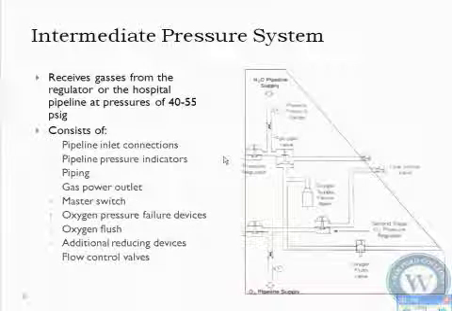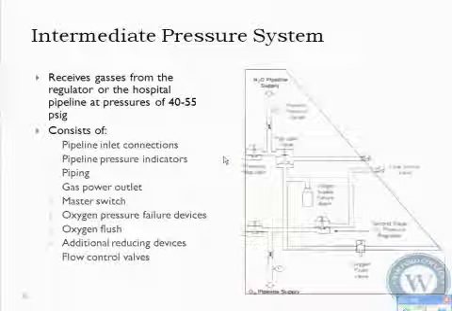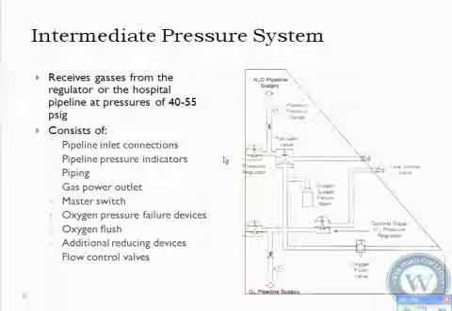So that's important to point out: your oxygen flush valve is on the intermediate system, and whatever your house pressure is is what's going to be transmitted to the patient if they're hooked up to it and on the inspiratory cycle of the ventilator. If they're not, if they're spontaneously breathing,